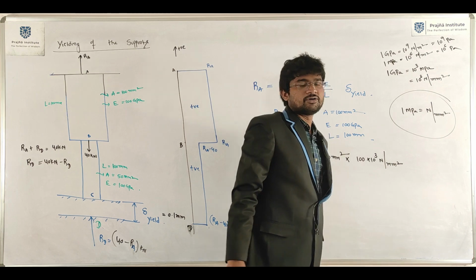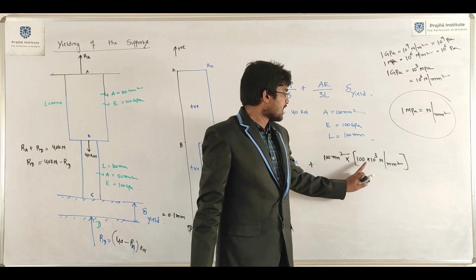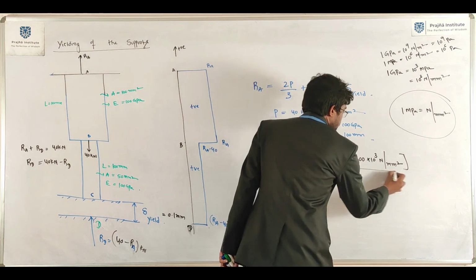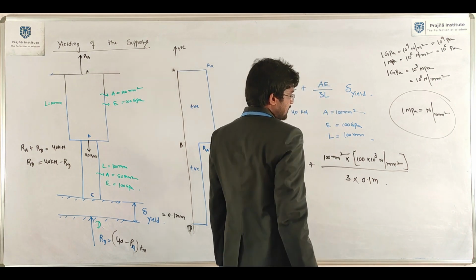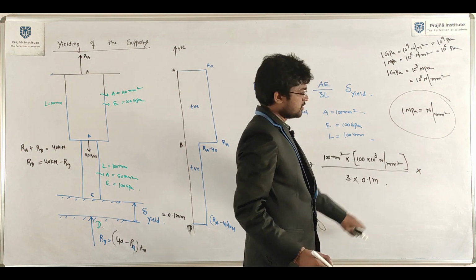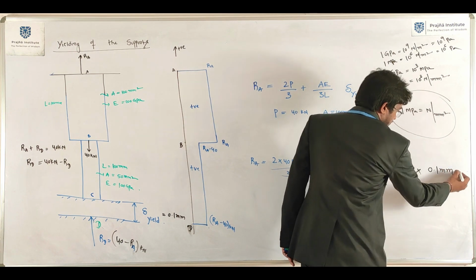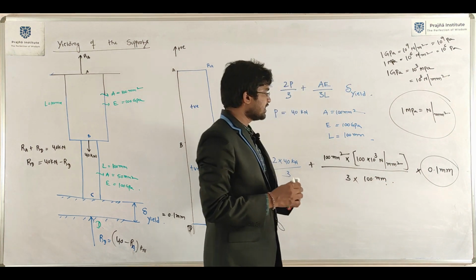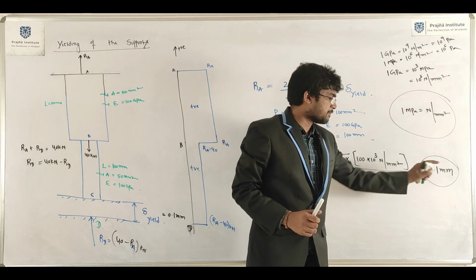Okay, 1 megapascal equal to Newton per mm square. Here 100 gigapascal equal to 100 into 10 cube mega. Okay, so that is the thing. AE by 3 into L, L in the sense 100 mm. You can write in terms of meter, or if you write in terms of mm, here we need to keep it in terms of mm. Here it is 0.1 mm. Keep it also in mm. Finally cancel the units. mm square cancelled out. mm and mm cancelled out.